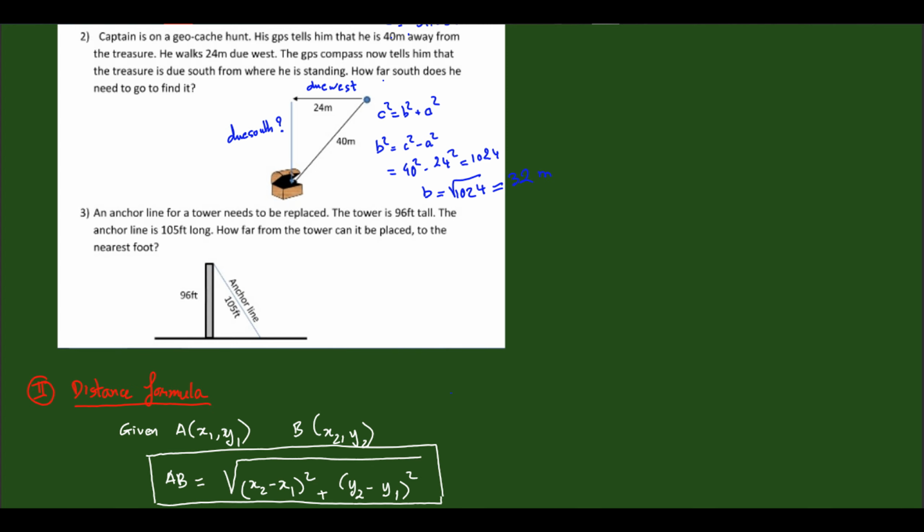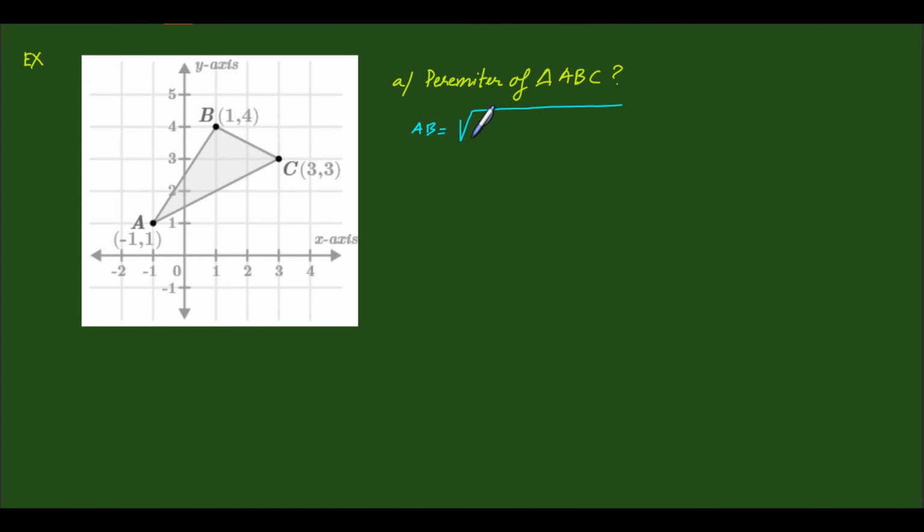Okay, that's good. So x2 minus x1 will be 1 minus 1 squared, plus y2 minus y1 will be 4 minus 1 squared. So it will be the square root of